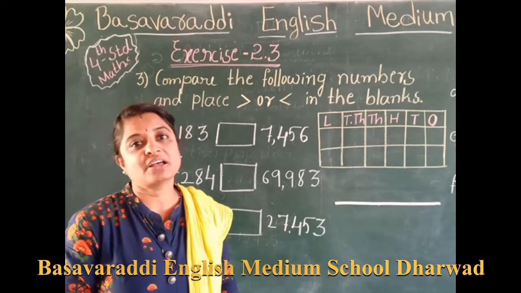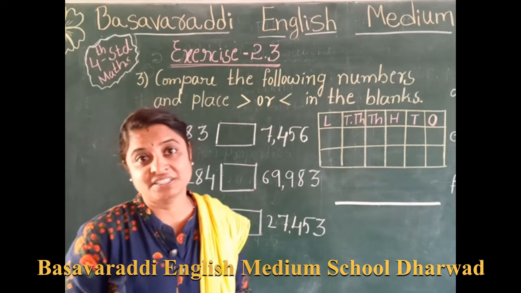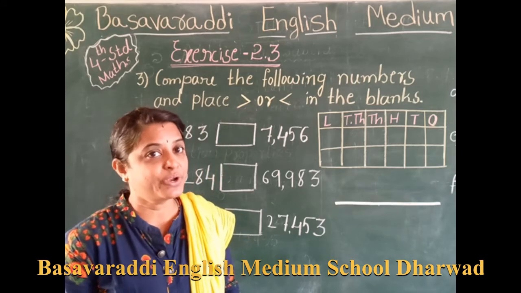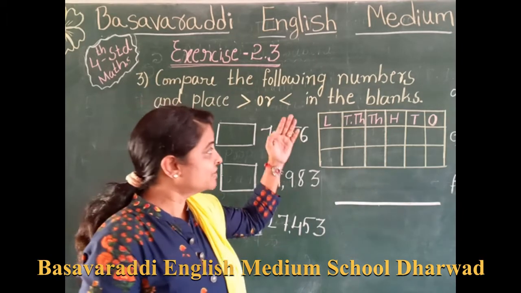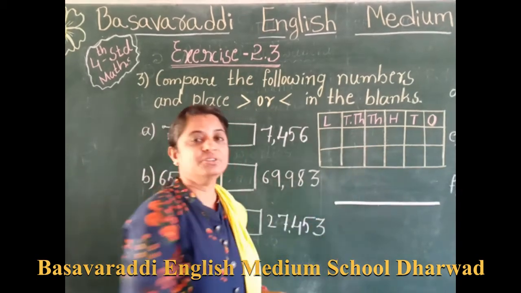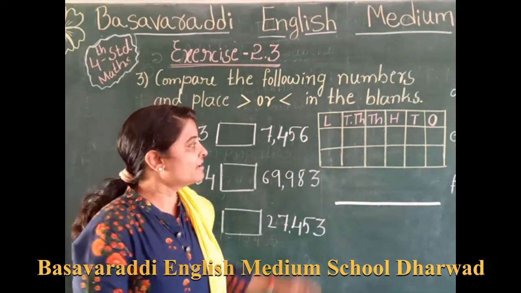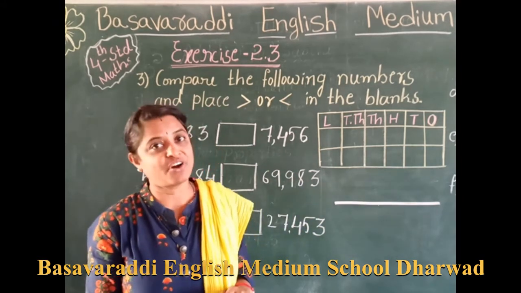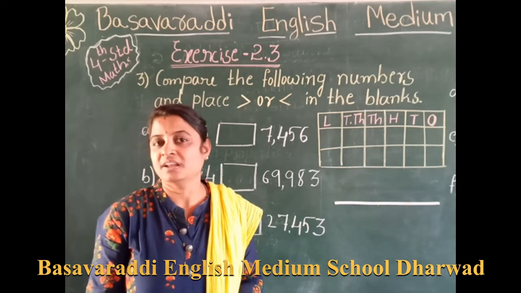You know already, in previous class you have learnt about comparing the numbers. That is only double digit. Okay. 3 digits up to hundreds. 2 digits, 3 digits comparing the numbers, you know that one. Now we are going to bigger numbers, that is up to lakh also. That's why I have drawn the place value chart here. Then we will compare the both numbers, two numbers they have given to compare. Once we put the place value chart, we have to search which place to compare, then you will come to know which number is greater and which number is smaller. Let me start.